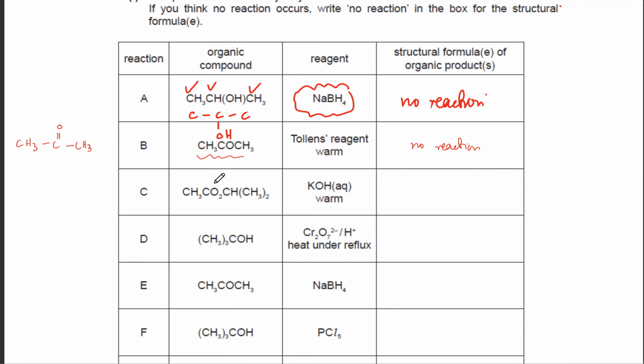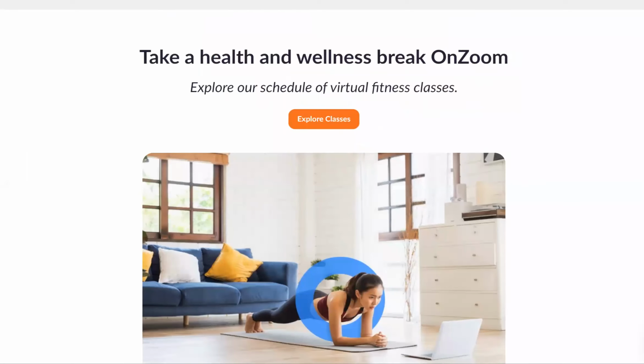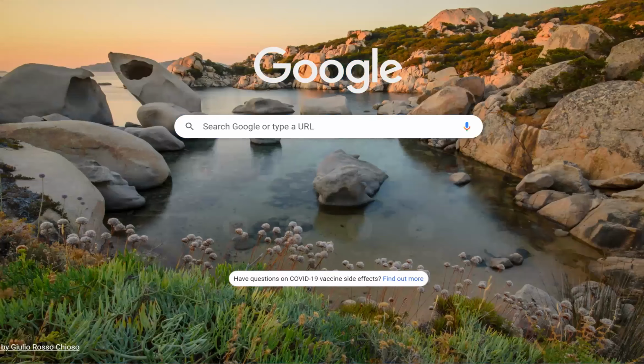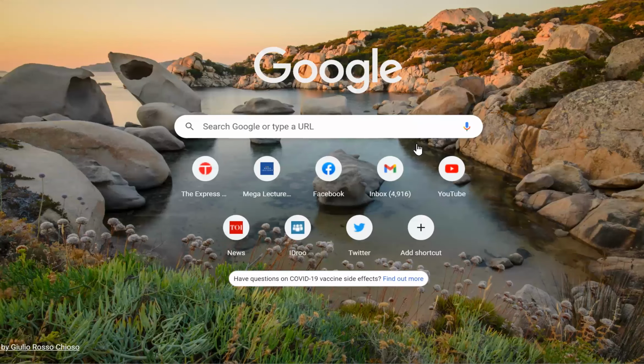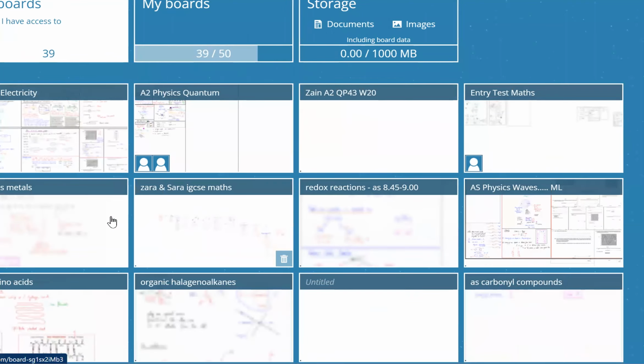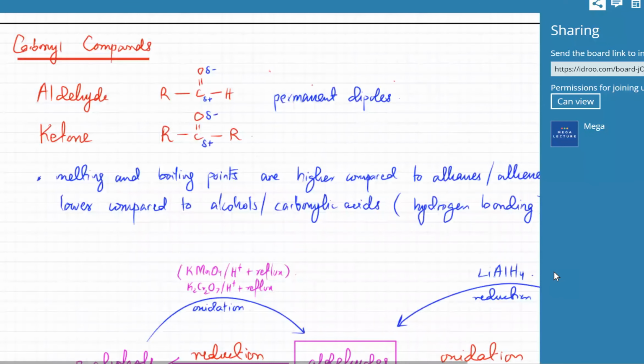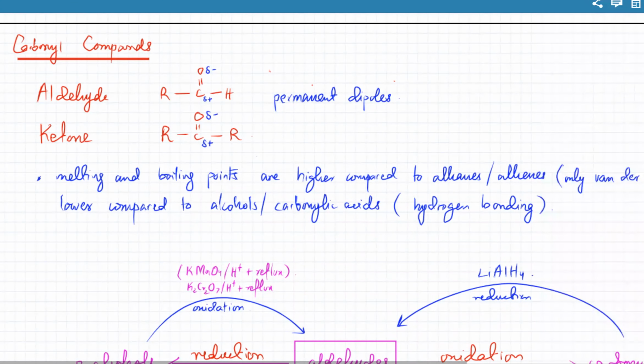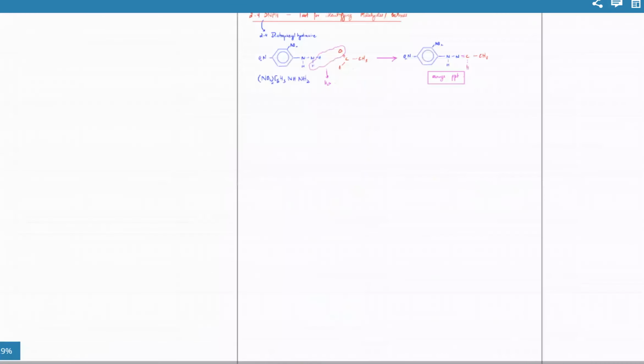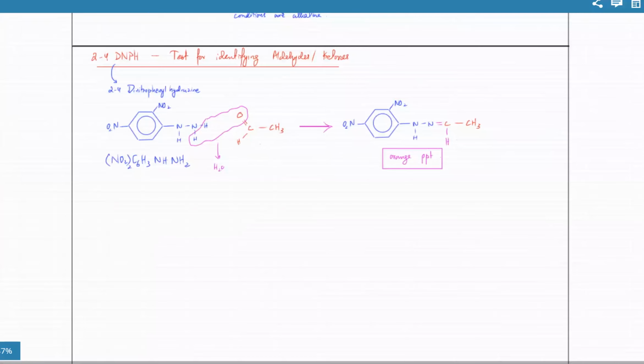So then you've got this one. This one is an ester, and he's saying that he's warming it with aqueous KOH. Now remember, we can quickly cover esters for a second. I'll open the board. We were doing carbonyl compounds, but I'll just cover esters quickly, which you've already done in O-levels as well. So the thing with esters is